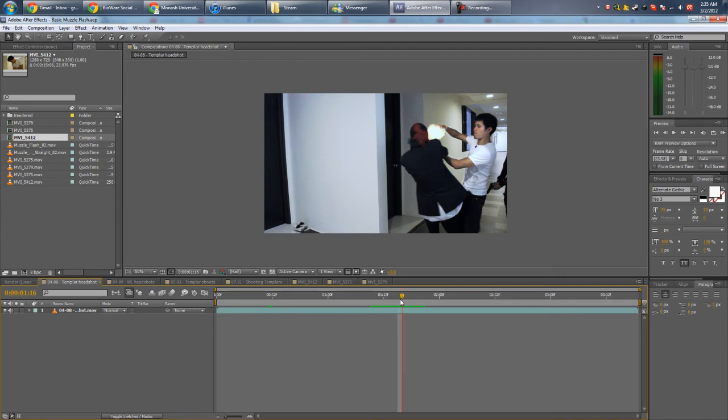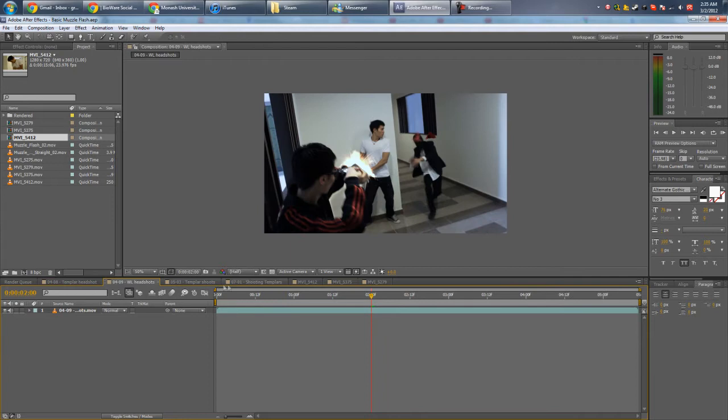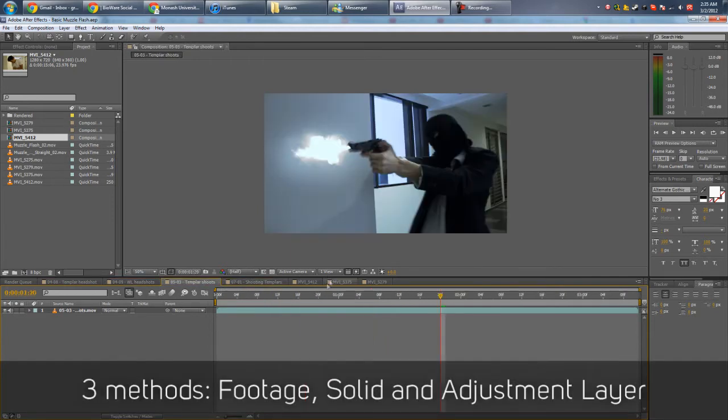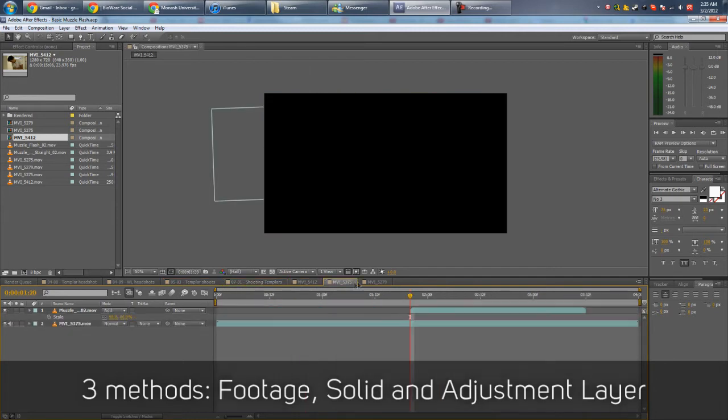Alright guys, welcome to the tutorial, and this time we're gonna cover the lighting effect from a fake muzzle flash, as continued from the previous tutorial. So let's get right on to it. I know of 3 methods on how you can achieve this fake glow effect, so I'm going to teach you